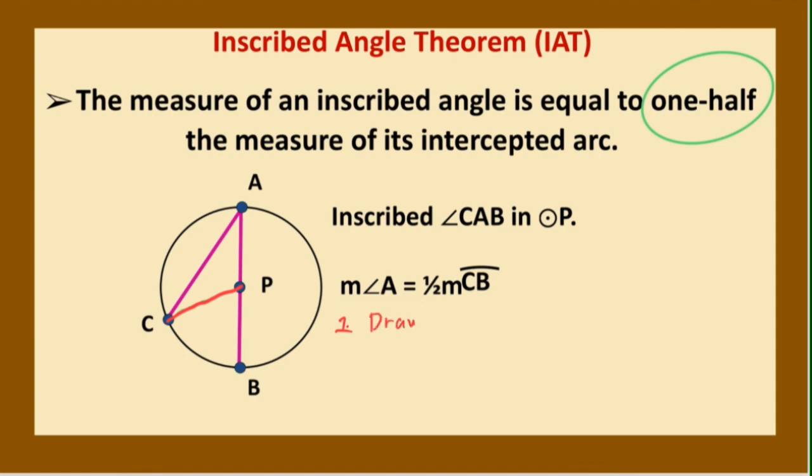Draw PC, right? Or segment CP. Draw PC. Okay. Now, after drawing this segment right here, what do you think PC, or segment PC, is in line with the other parts of this given? PC is a radius. Why? Center, point on the circle. Okay? So, if it's a radius,